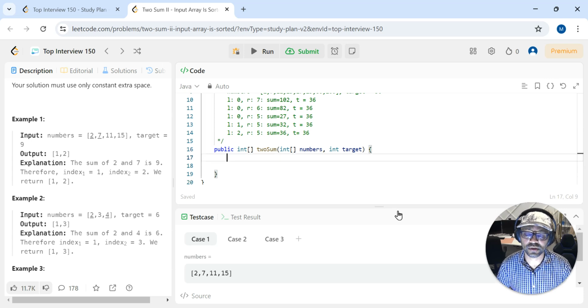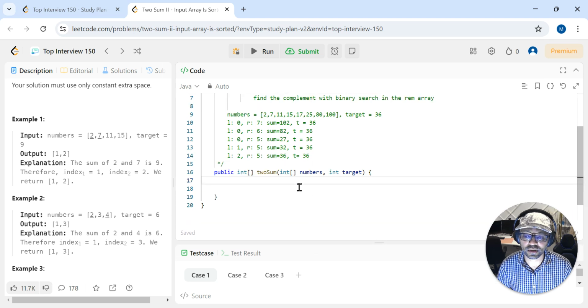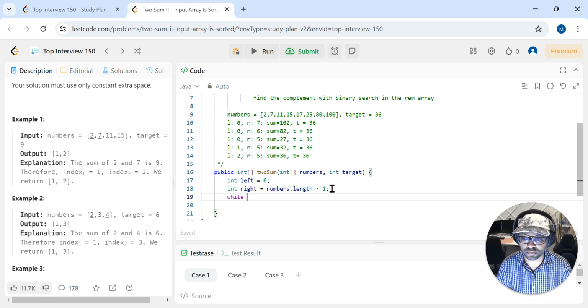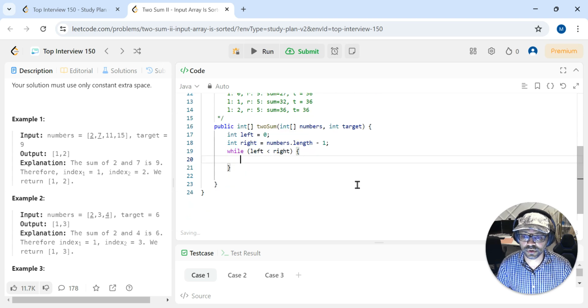It's actually going to be very, very simple in code. There isn't much to figure out in code. We basically do left and right. We write a loop until left is less than right. So let's do that. Left equal to 0 and right equal to numbers dot length minus 1, and then while left is less than right, what we do is we just figure out the sum first, right? So sum equals numbers of left plus numbers of right,